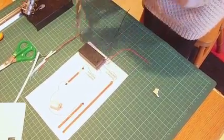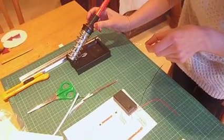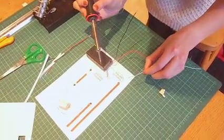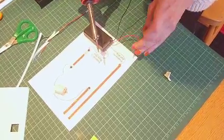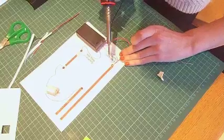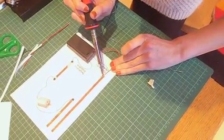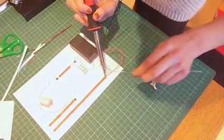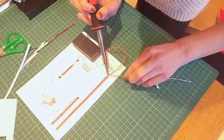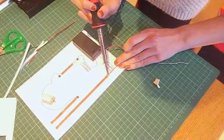Alright, I've got my holder here which I'm going to put my soldering iron into every time I'm not using it. Okay, so what we're going to do first of all, and it's important that you've got your partner to help you with this, is put the tip of your soldering iron on top of both the copper wire and the metal. Okay, and what we're doing is introducing the solder, and you can see that it's automatically melting. I'm introducing the solder in, holding that wire in place,